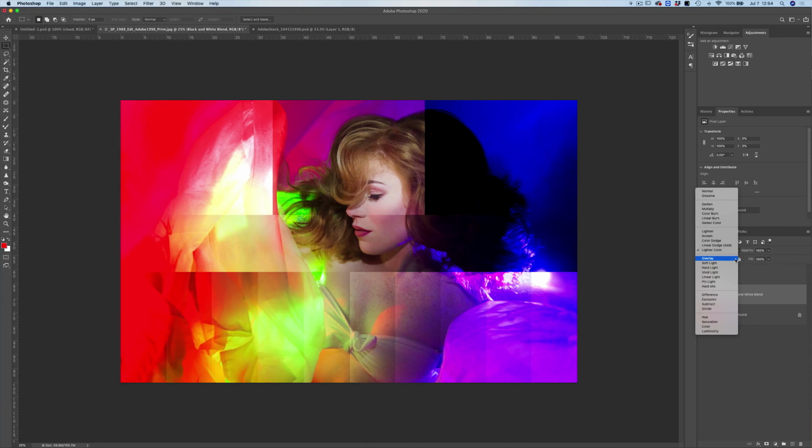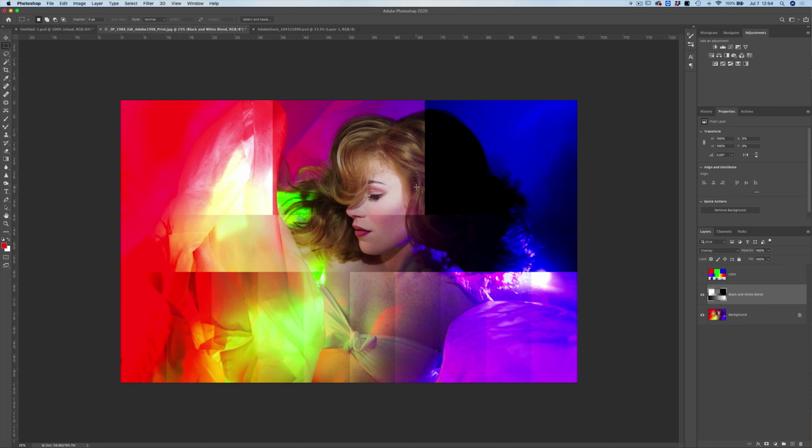Okay, so overlay is going to be our first one, and that combines the multiply blend mode and the screen blend mode, and it uses the info from the background layer to make its decision. So basically it's going to darken areas that are darker, and it's going to brighten areas that are brighter.